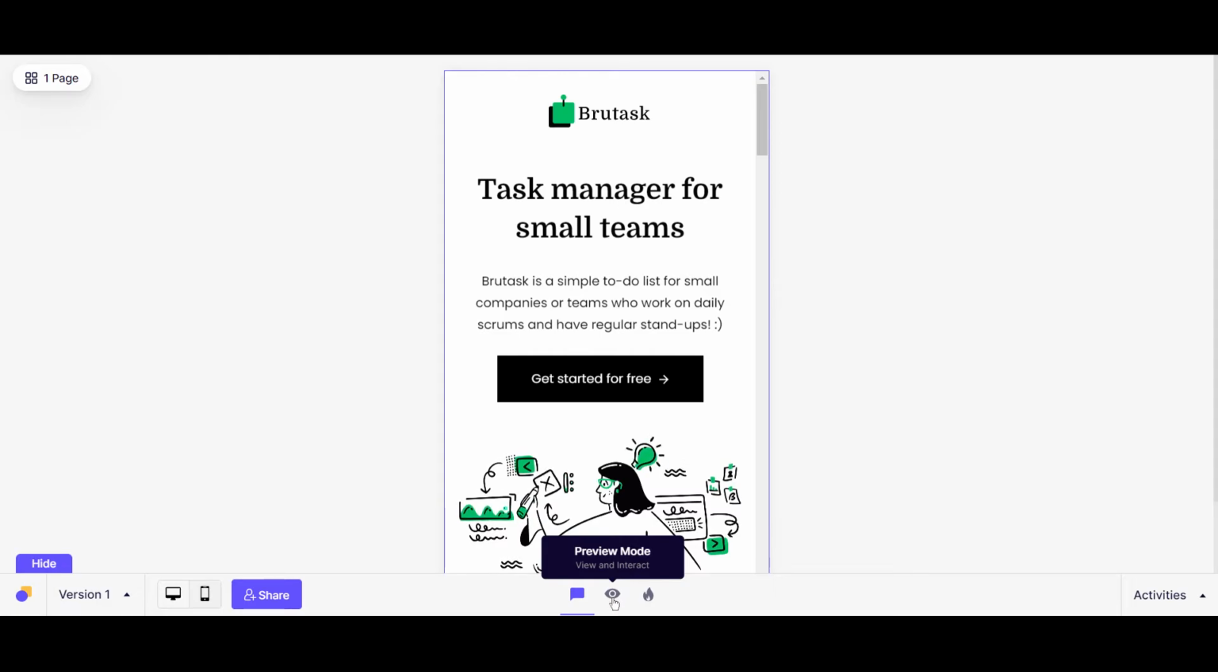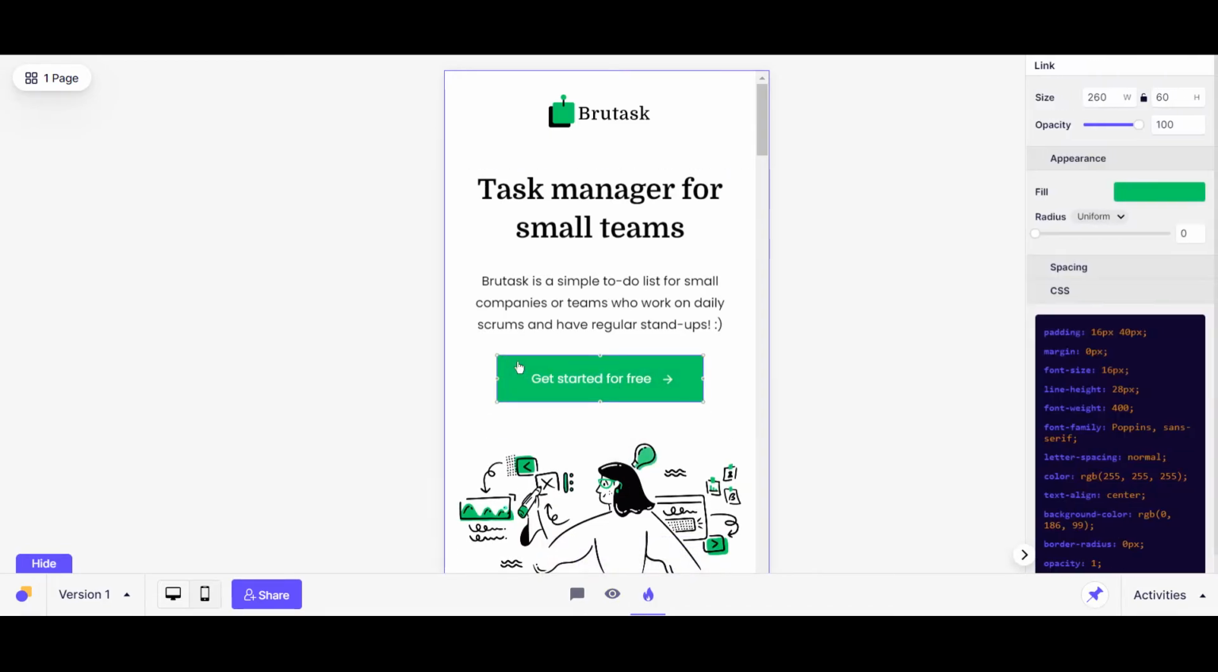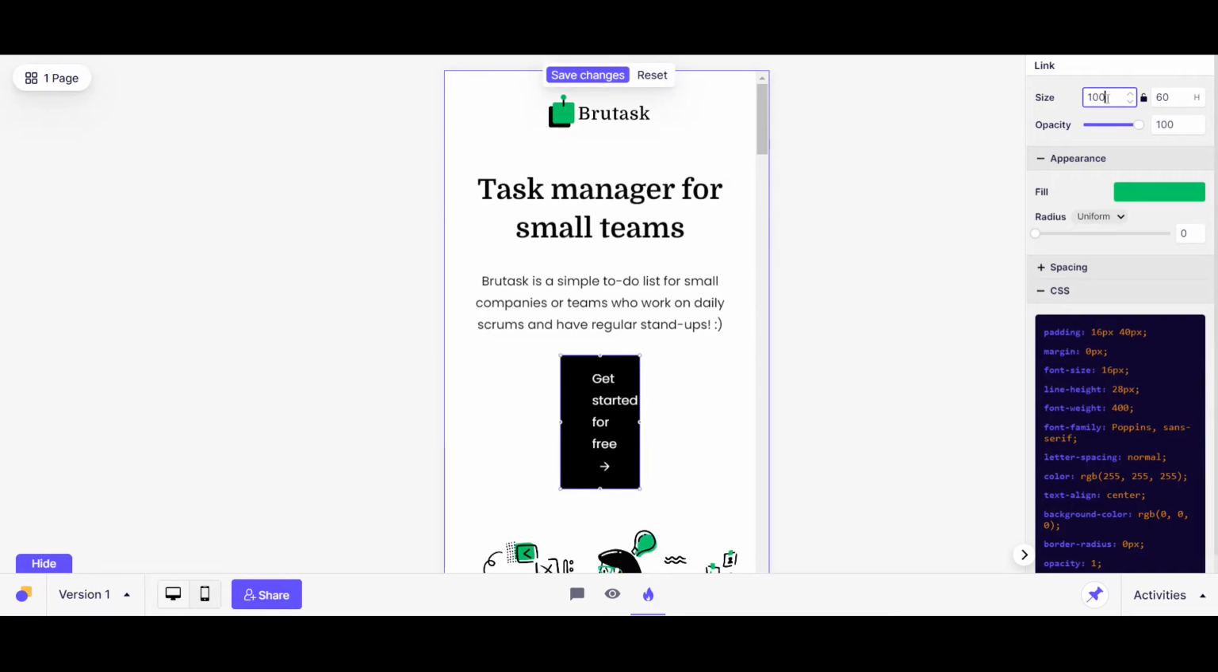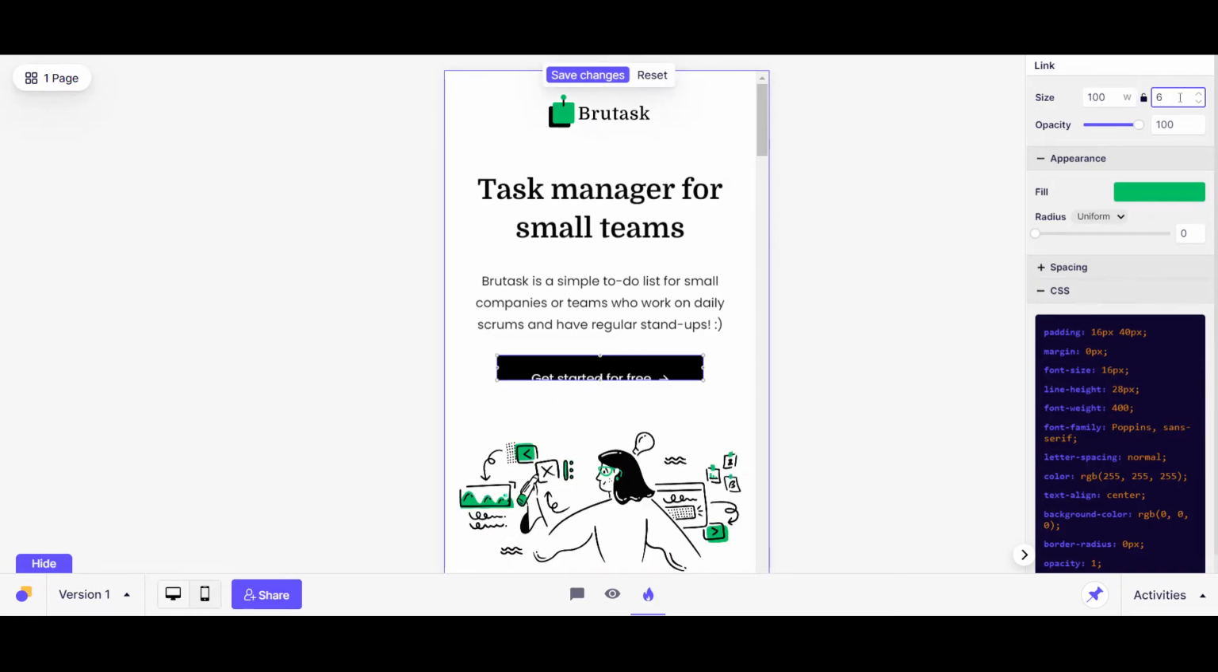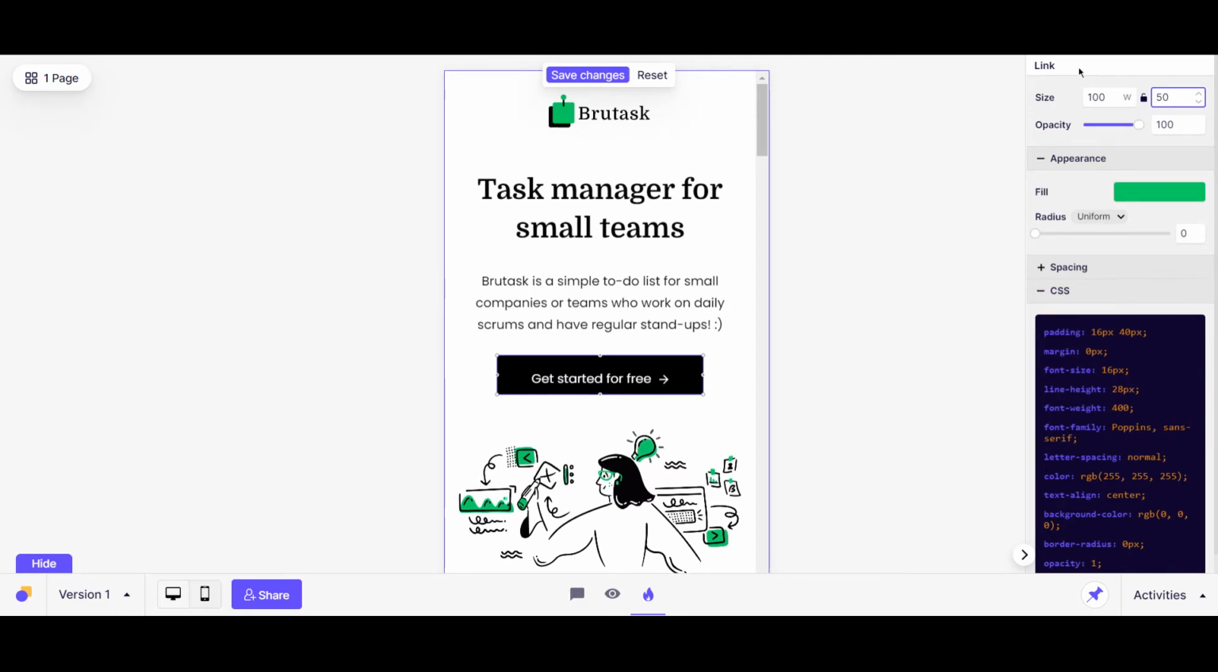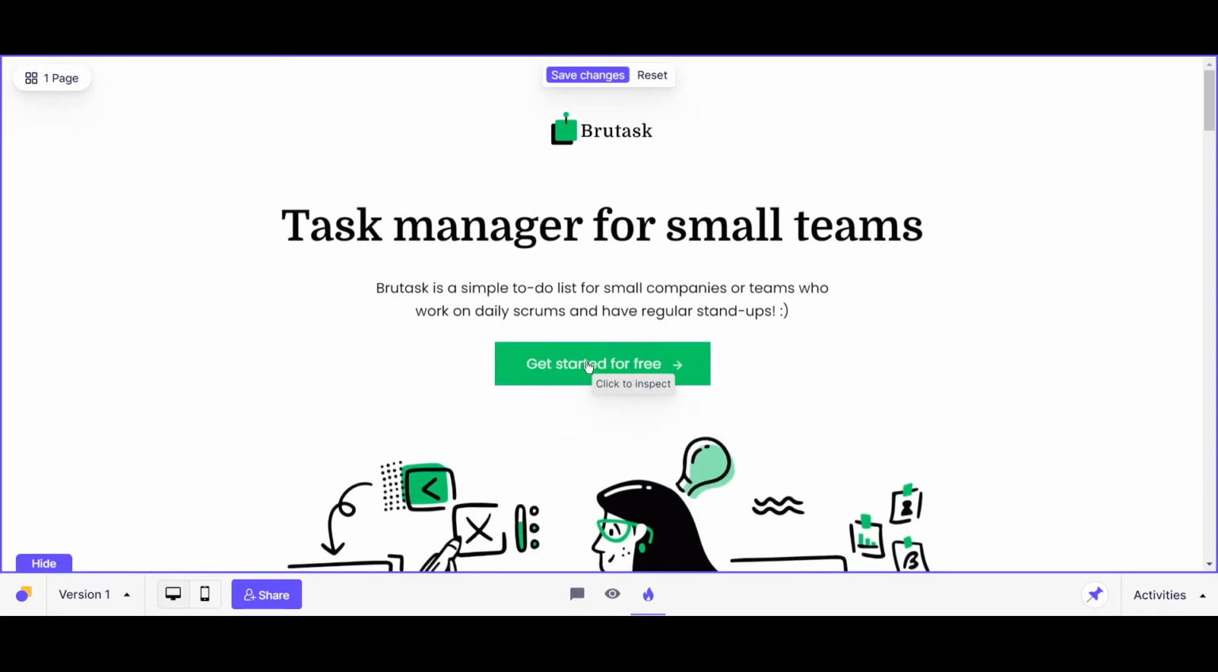Let's say that you want to make changes on the mobile design on this button. So just head over to edit mode, click on the element. Let's say that you want to change the size of this, let's say 100 and 20 or maybe 50. And that's it. And once you switch back to the desktop mode, Ruttl will again optimize it back to the